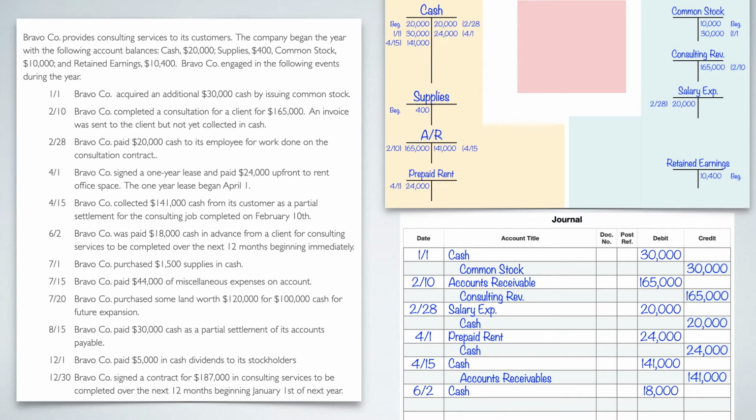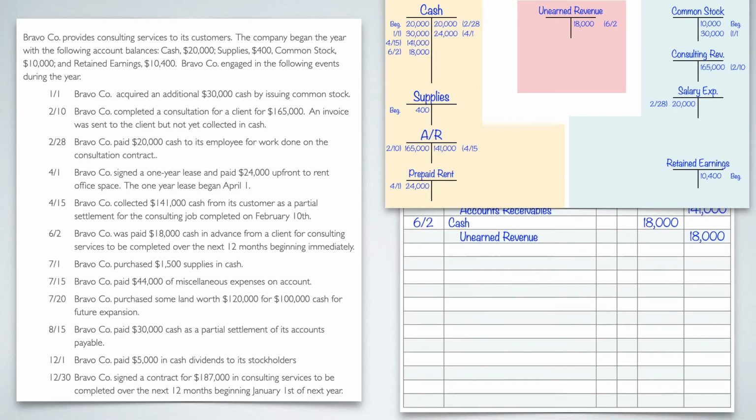So what we're going to do is we're going to credit unearned revenue, which is a liability. We still owe that service. So it is a liability. Unearned revenue for 18,000. And then I'm going to, again, make my T-tables. I'm going to add the 18,000 to the debit side of cash. And I'm going to create an unearned revenue T-table and put 18,000 on the credit side. All right, that is the 6th transaction. Let's go to the next one.